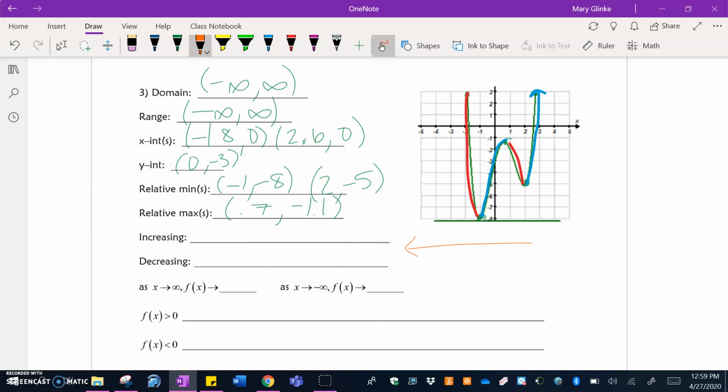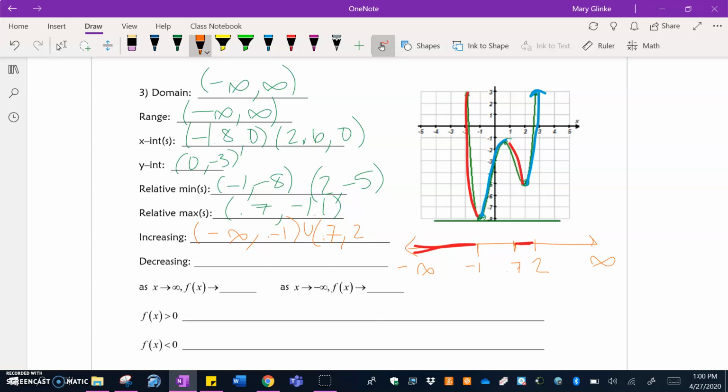So I'm once again going to do my number line here. Left is -infinity, right is +infinity. This value here was -1. This one here we said was 0.7 or approximately that. And then this one here was 2. And so now here I can see this part was increasing, so was this. So that's going to be from -infinity until -1, and then again from 0.7